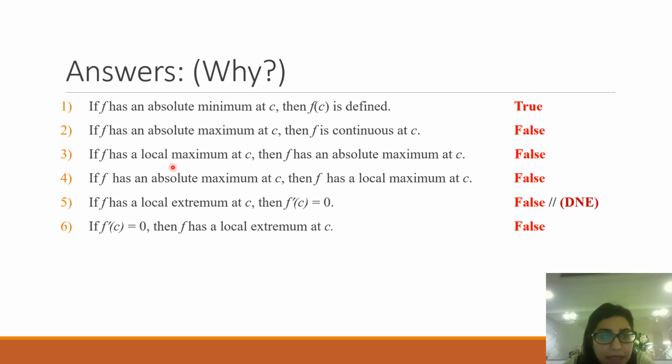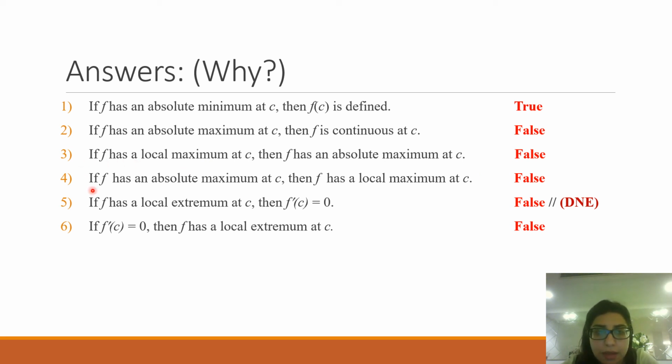3. If f has a local maximum at c, then f has an absolute maximum at c. No, that's not true. It could have a local maximum at a point, and the absolute maximum is another point. They don't need to be the same point. By the way, usually the local maximum, local minimum are not endpoints. Endpoints are recorded as absolute maximum or minimum. Local has to be in between the function, within the proximity of the function, not the starting or the ending